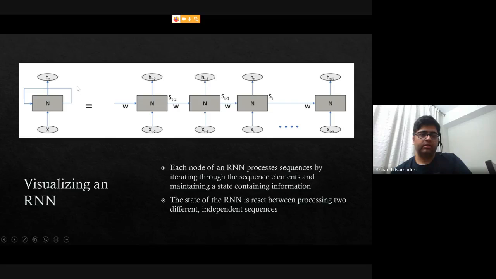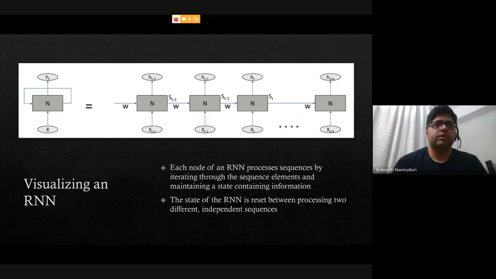But again, keep in mind that there are several nodes like this within the overall network. They are usually in layers. The fact that there are several layers and several nodes in each layer doesn't change whether it's a CNN, RNN, or an autoencoder. In this discussion, I'm sticking to only these three. There are other types of architectures as well, but two reasons. One is CNN, RNN, and autoencoder are the most popular